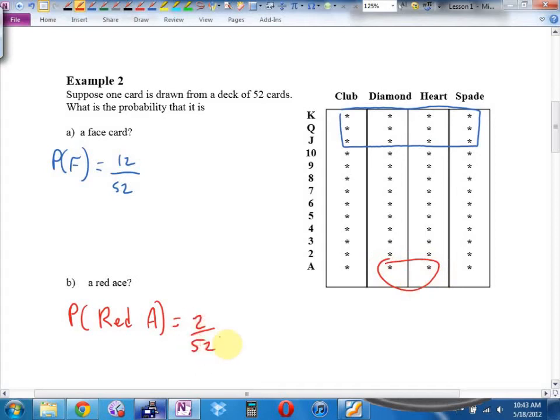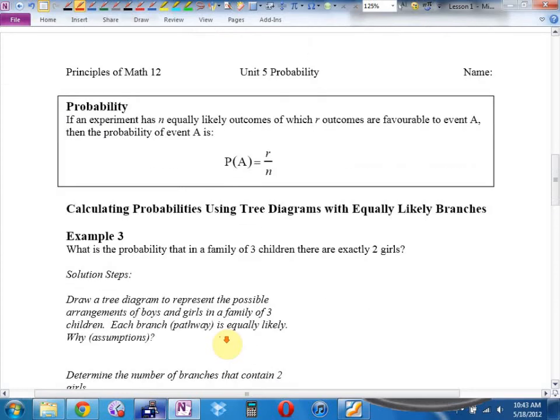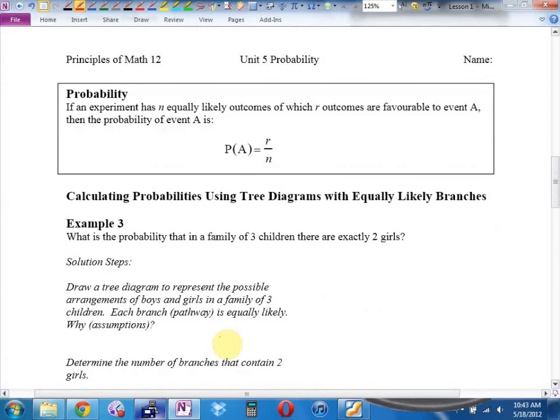So the basic rule of probability, if you can count it, you can solve it. The problem is most of the interesting questions have far more outcomes than we can count. That's why we did combinatorics. You always do combinatorics before you do a probability unit. You have to learn to count without actually counting. Here's our formal definition. If an experiment has n equally likely outcomes,